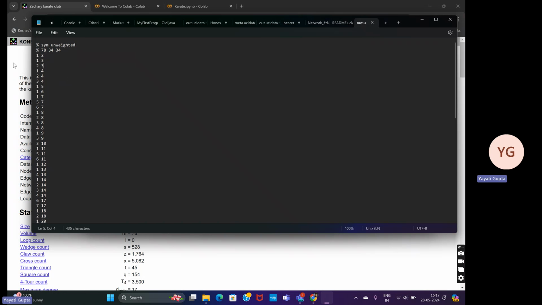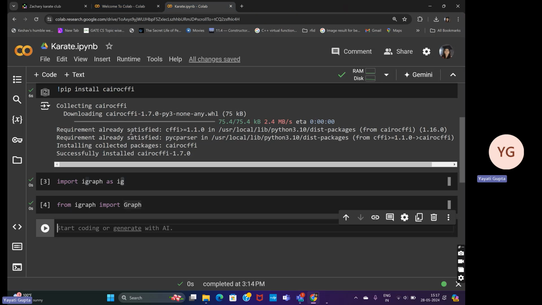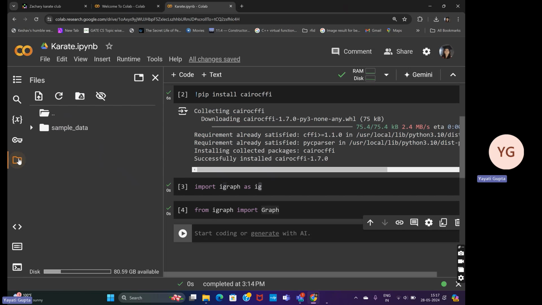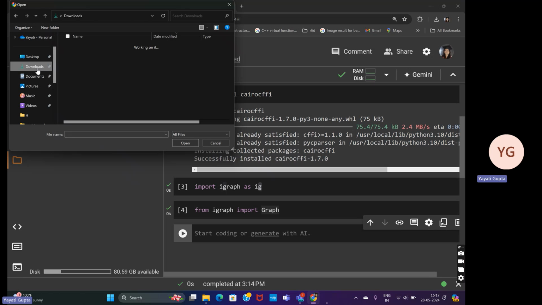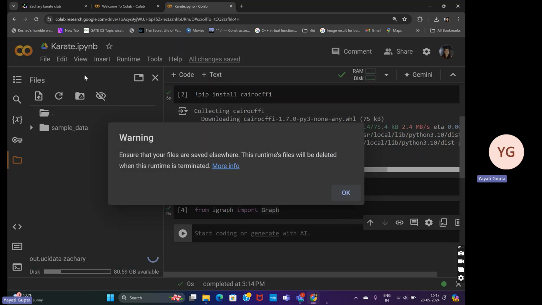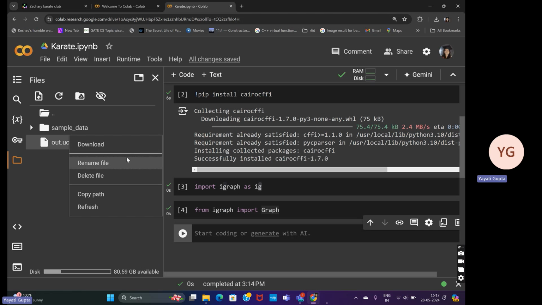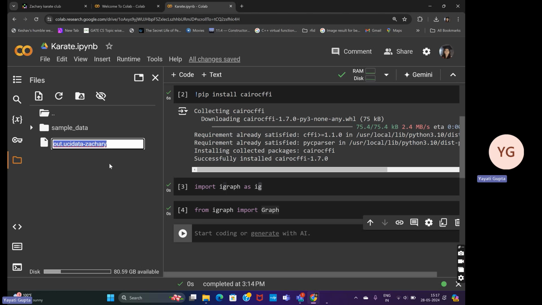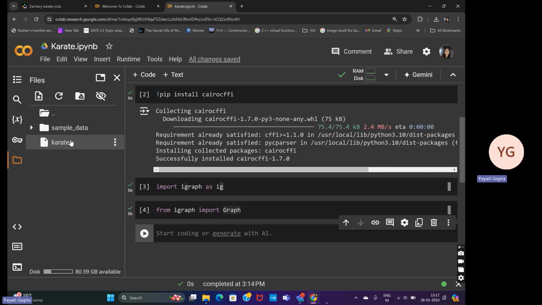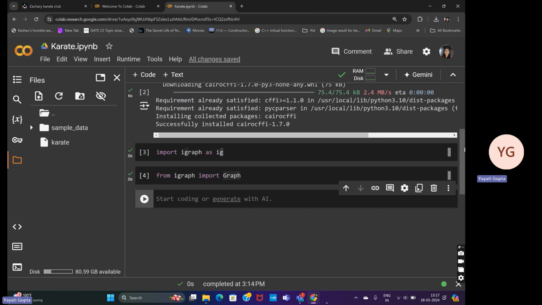Now we need to get this file into our Colab notebook so that we can start working with it. I'm going to click on this upload button here, and let's get this third file here. Just for keeping it quick, I'm going to rename this file, and I'm simply renaming this whole file as karate. That's all. So we have a file karate available with us, which we can use. Okay. Now coming back here,